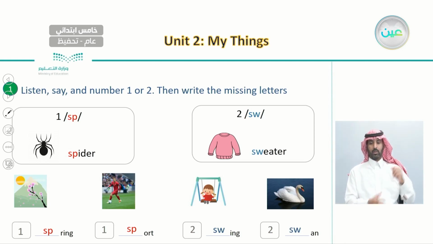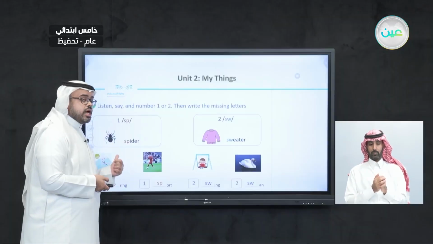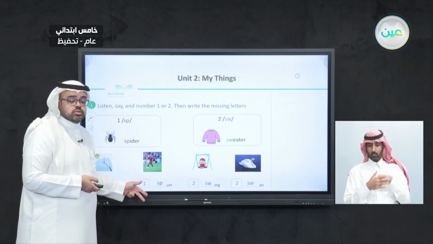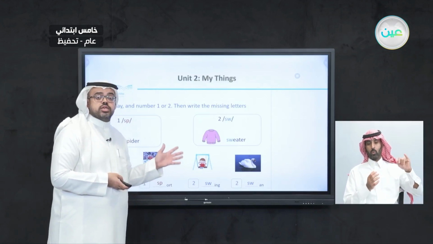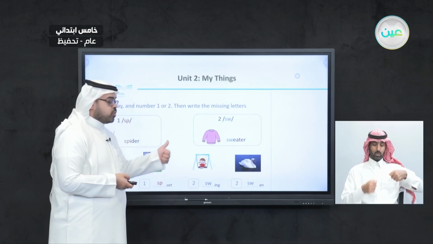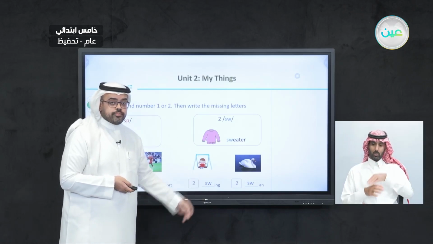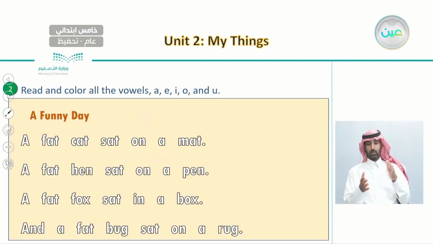So here we have the 3 words that start with the first sound. We have spider, we have spring, and we have sport. And also we do have 3 words that start with the second sound, which is S and W, which is sweater, swing, and swan. So now we will move on to the last exercise we have for our lesson, which is an interesting one. Here we're going to read and color all the vowels, which are A, E, I, O, and U. So let's read the story and try to color all the